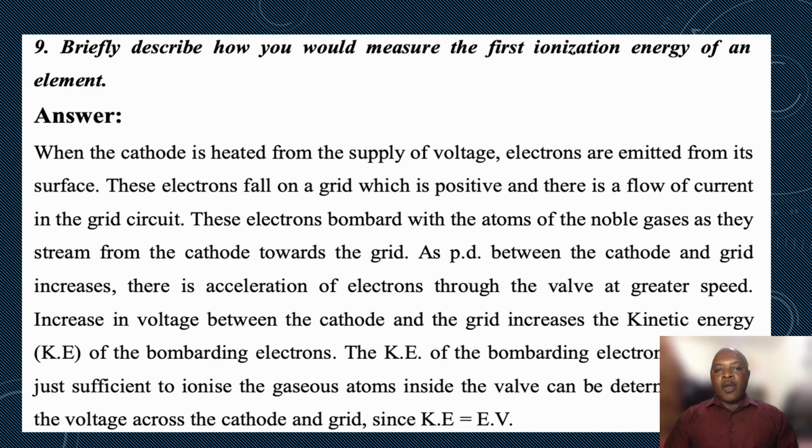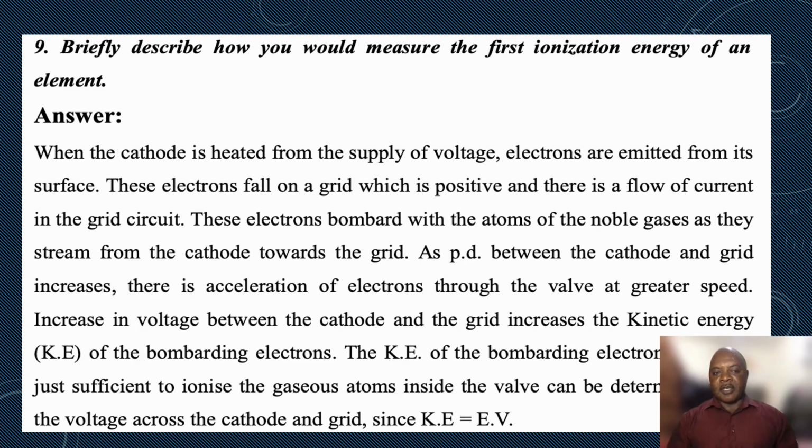Briefly describe how you would measure the first ionization energy of an element. You look at the mass spectrometer, and you'll be able to figure out what is happening there. Your knowledge of the mass spectrometer will give you how you can describe how the first ionization energy of an element can be measured. For instance, when the cathode is heated from the supply of voltage, electrons are emitted from